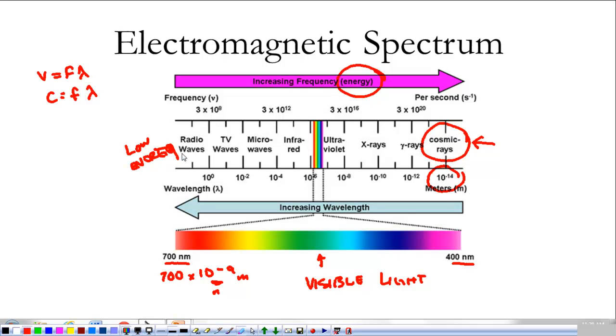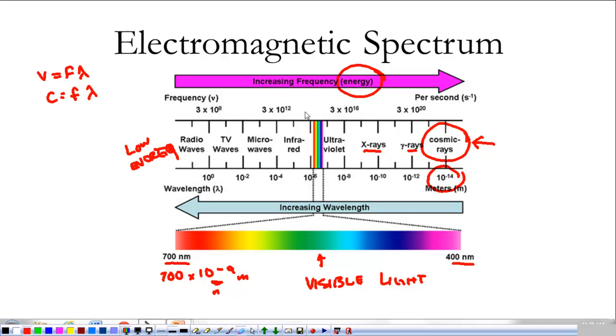Right now, radio waves and TV waves and microwaves are passing through you at a very high rate. That's how we communicate. That's what your cell phone is, and it doesn't really affect your body that much. Whereas you have to wear the lead apron when you get your X-rays taken, and gamma rays cause cancer, and cosmic rays just cause death. They're bad.